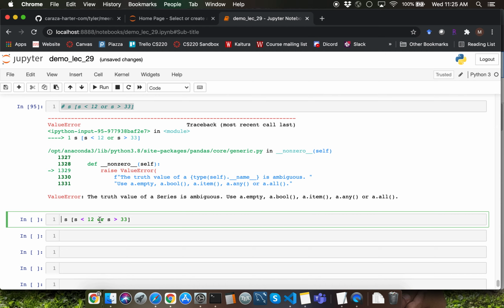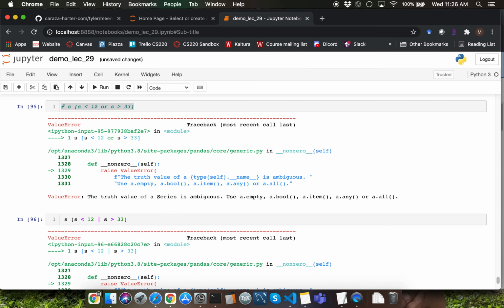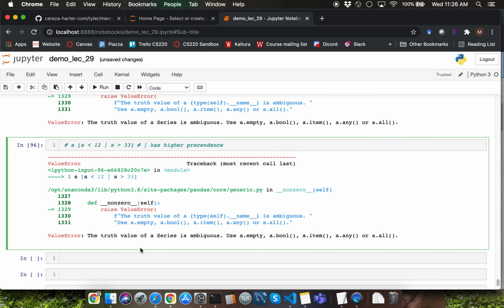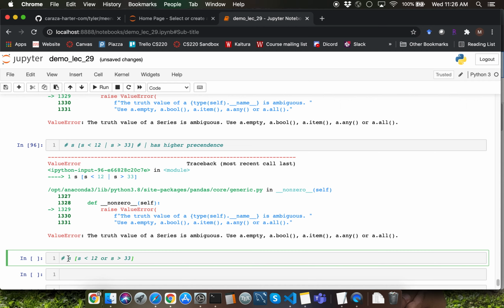Instead of typing OR, you're going to use the pipe symbol for going through OR. This particular example is also going to throw an error because OR has highest precedence here. Because OR has highest precedence, since you do not have a parenthesis surrounding S less than 12, you're going to run into precedence issues. Let me show you how to overcome that.